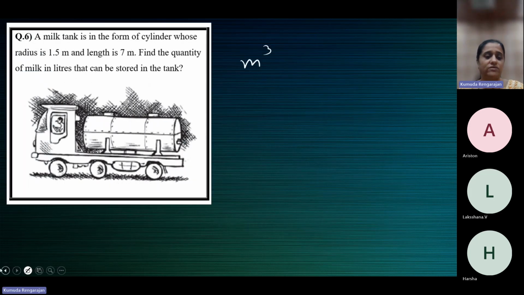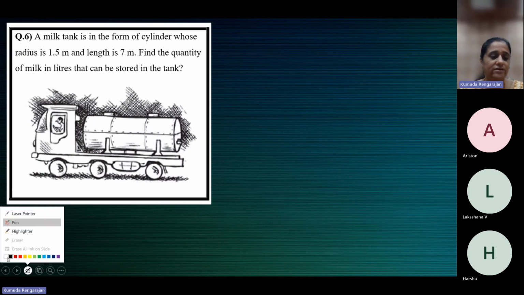Okay, see, you might have seen all this in grammar, no? In English, if it's given like